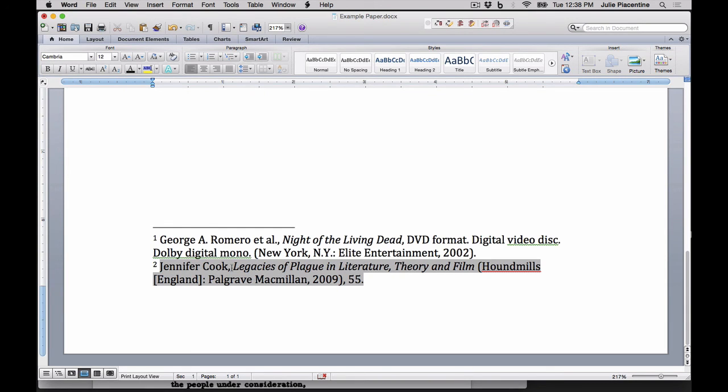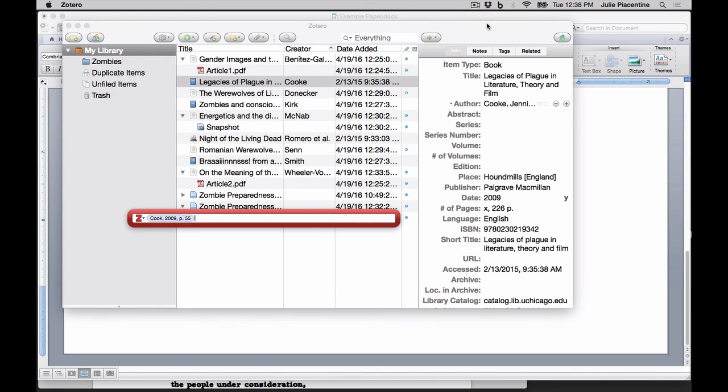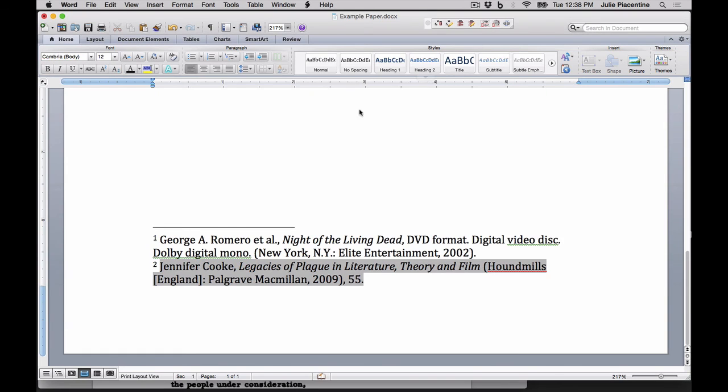Once that's done, the change will not sync with your document until you go back to the Zotero menu and choose Refresh. Click Return and your document will refresh.